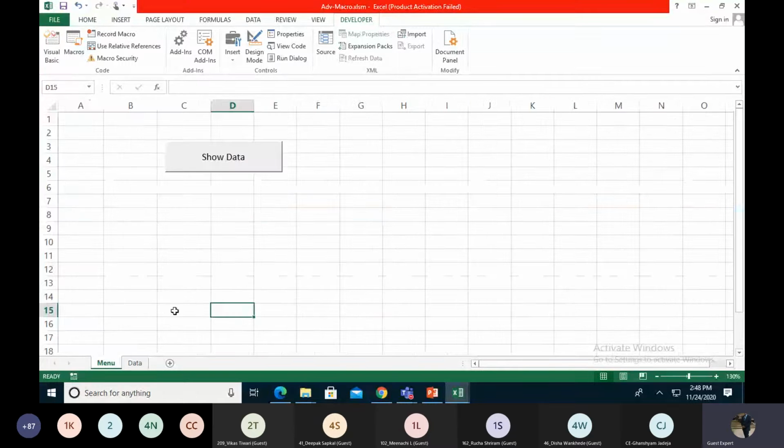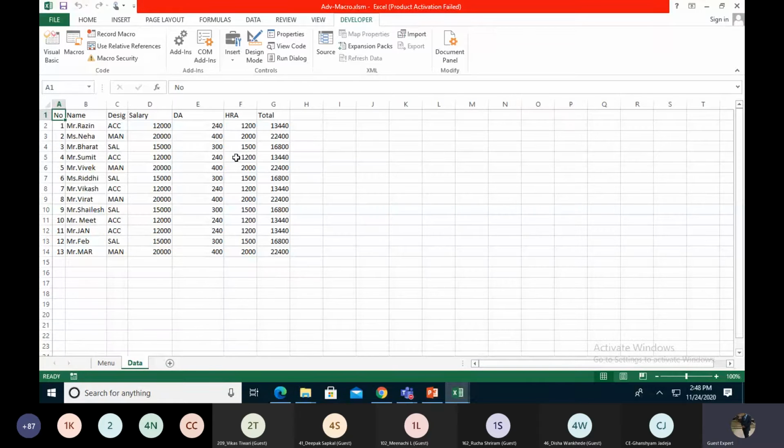And then I go to the menu and click Show Data, because I don't know what key should be assigned to run this macro. So I click the Show button, and when I click it, I go to the data sheet and my macro runs, and it gives all the details of the data. If the sheet has more data, it is already included in this sheet.